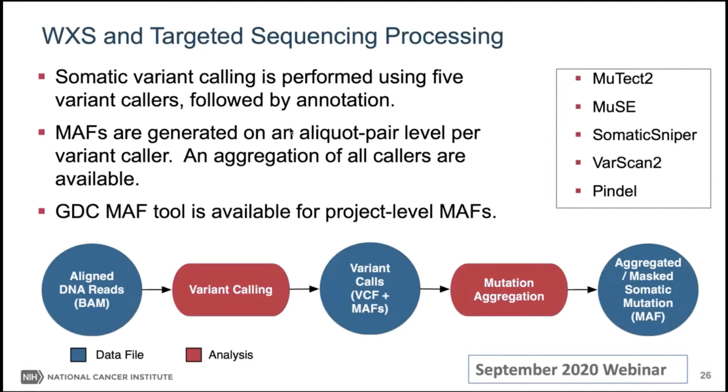This is mostly done using tumor normal pairs of alignments, but there is some tumor only calling that happens. The MAFs are generated right now on an aliquot pair level per variant caller. In the past, if you remember the GDC a few years ago, MAFs were available only on a project level. This was mostly for TCGA. Since we do have a lot of projects now that are ever evolving and adding things, MAFs are now generated on an aliquot pair level, and we make an aggregation of all callers for that aliquot pair